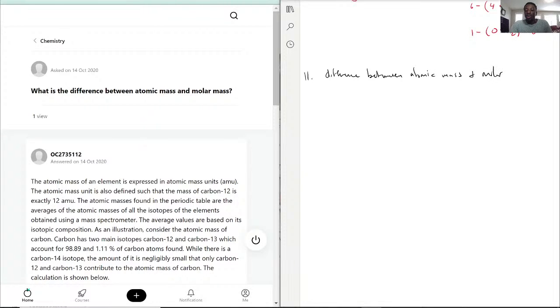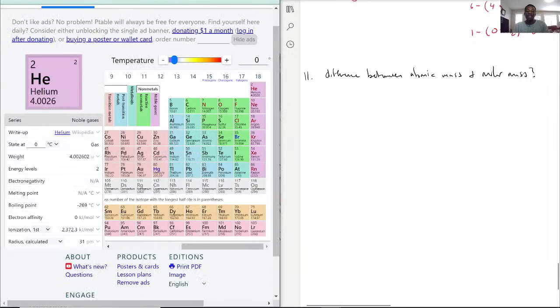The key difference here honestly depends on what type of compound or element you are dealing with. So atomic mass, starting there, is strictly